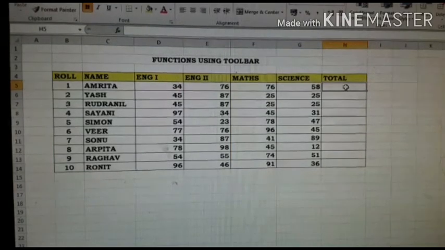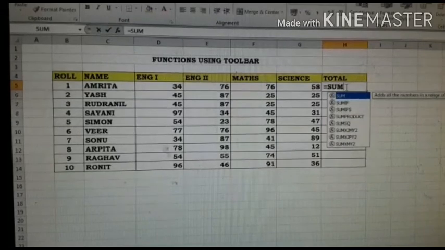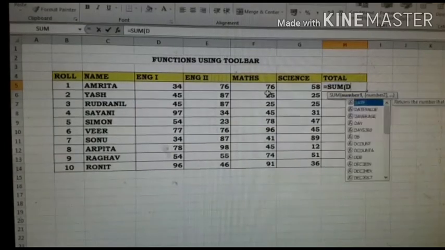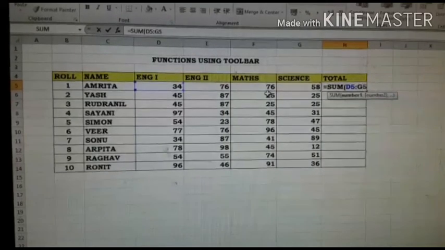Now how will I put it? In the same cell, I am writing the formula again, equal to SUM, within bracket, suppose I am giving D5 to G5, that we did in the last part.